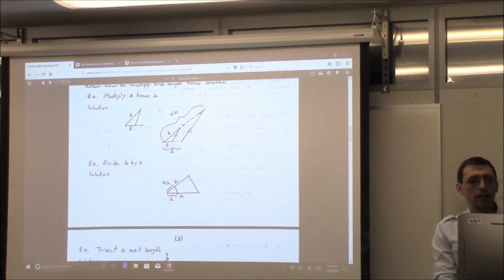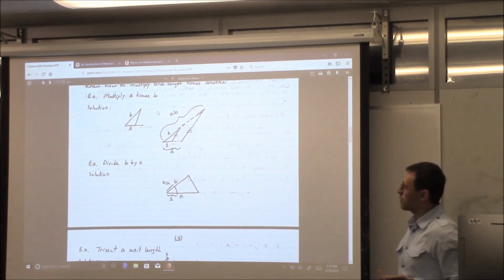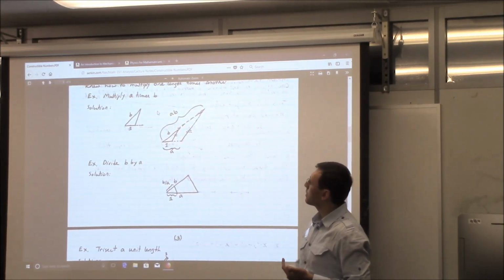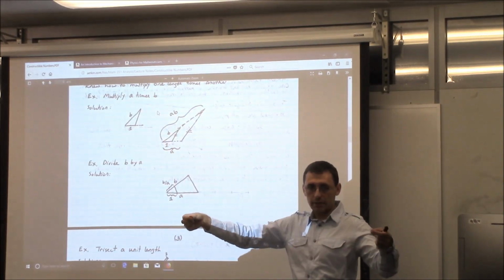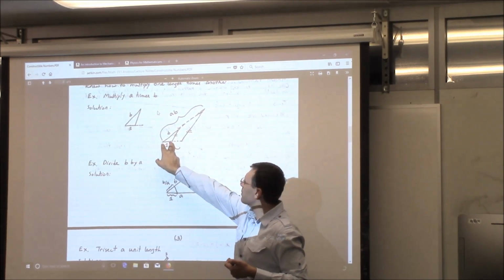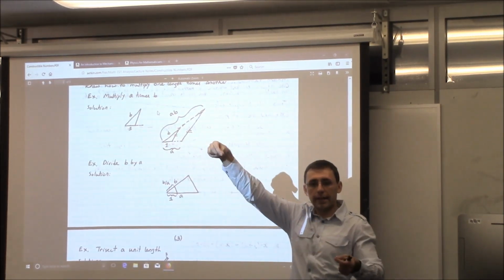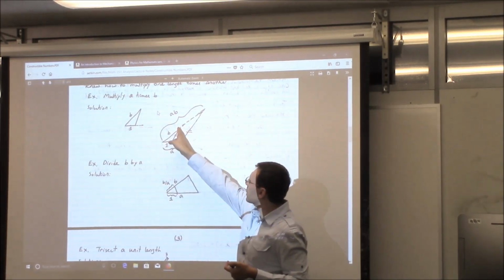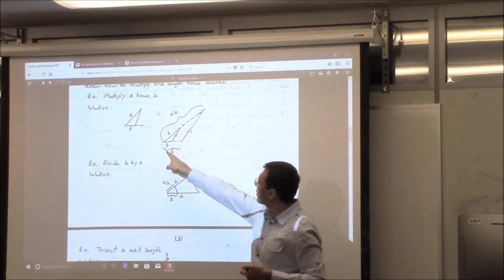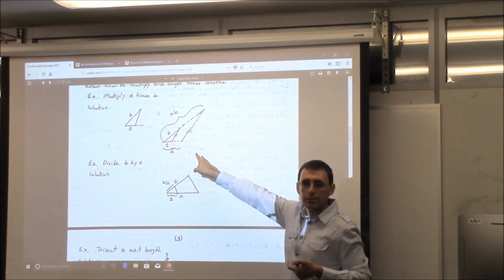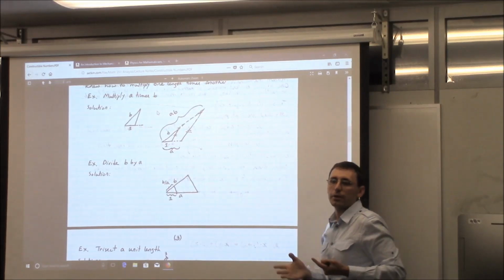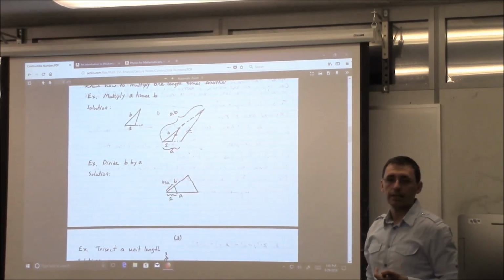And using this idea, you can then see how multiplication would work. Right? This is just by similarity of triangles. So if you want to multiply the number b that you constructed by the number a, all you do is you put a unity somewhere, and you put the length b somewhere. Okay? And then you can draw a line from this point to the point where the unity ends. And then you can place over 1, you can place the number a by which you want to multiply. And then what you have is you see those two parallel lines. By drawing those parallel lines and seeing where they meet, you construct a times b.